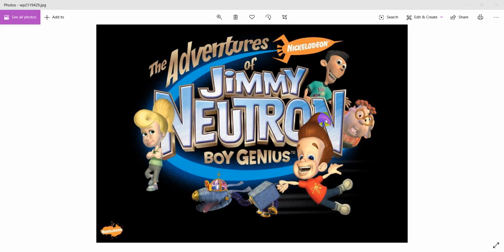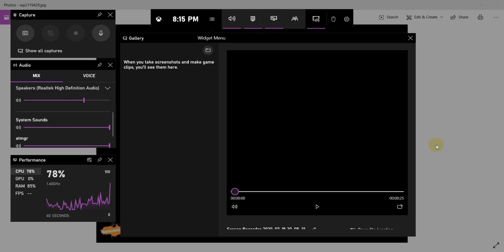Hello everyone. In this video, I will show you how to download and install Screen Recorder for Windows 10 operating system. First, I will start with the inbuilt Screen Recorder in Windows 10. To open the Screen Recorder, press the Windows key and G at a time on your keyboard. Now, Windows logo and G. Here you can observe the Xbox recording console has been opened.